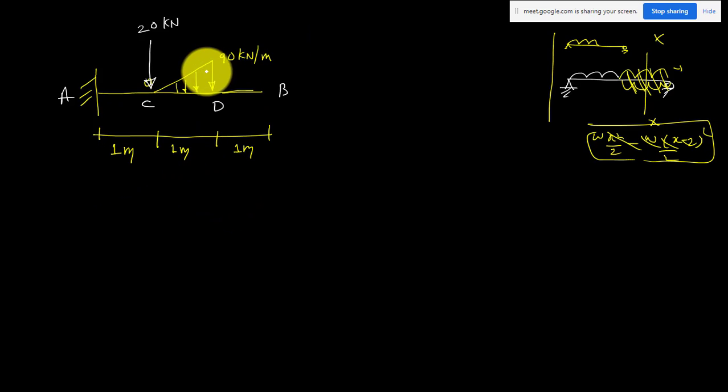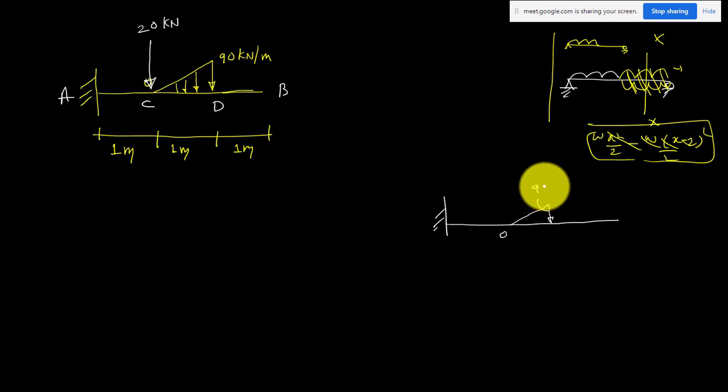So I want to make this load continuous. What you have to do is take the beam and extend the loading for the remaining span. So here this is 0, and here what is this value? It is given as 90. My drawing is not to scale, but you just understand. This is 1 meter, it is 1 meter and this is also 1 meter. So this load I want to make continuous. That means I'm going to add the remaining part.